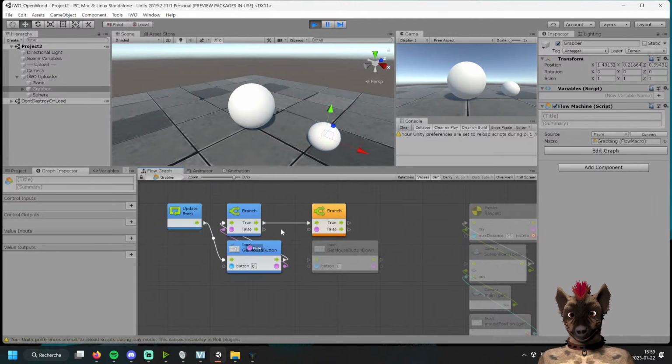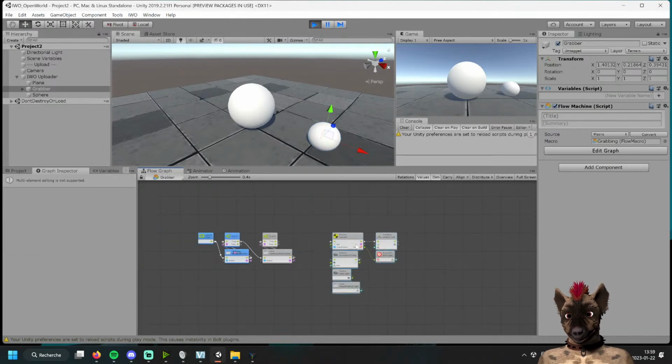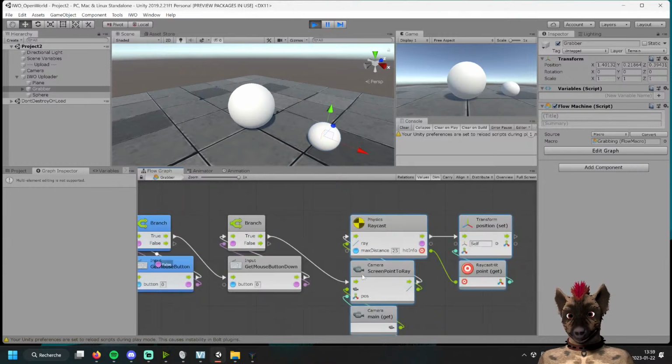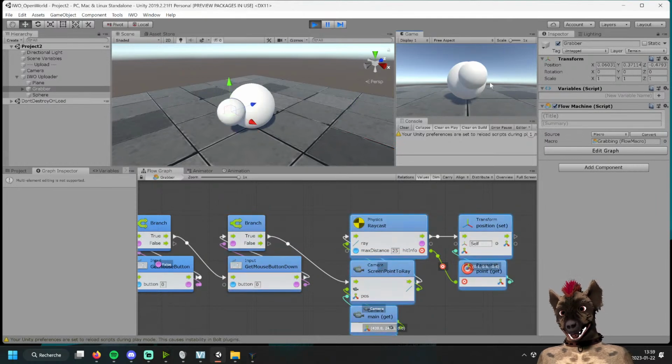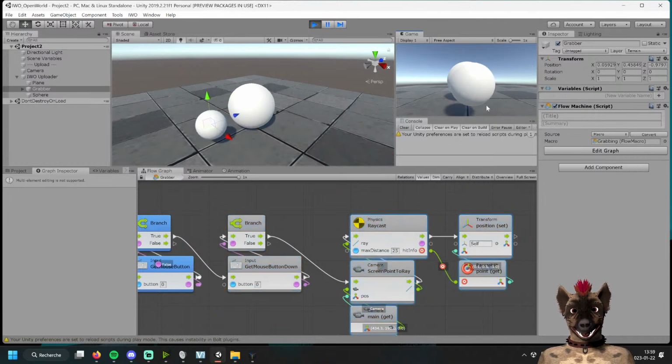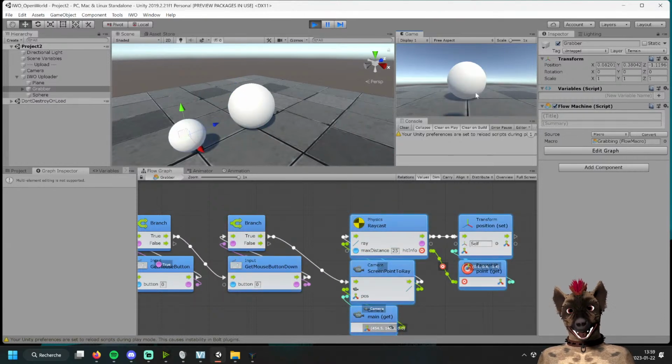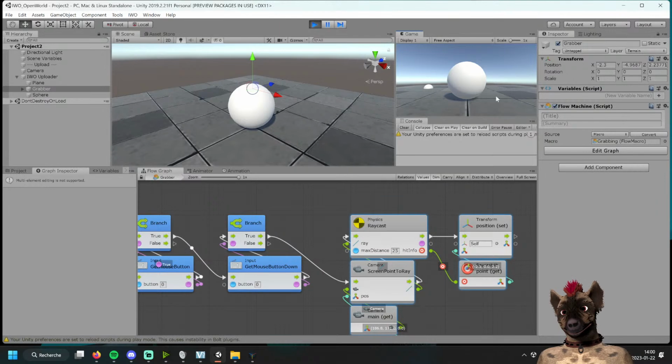Okay, so this here will only do the raycast once. See? Click, click, click. Of course, I will hide the thing when I release it, or it's going to do that. Okay, so for the rest of the time,